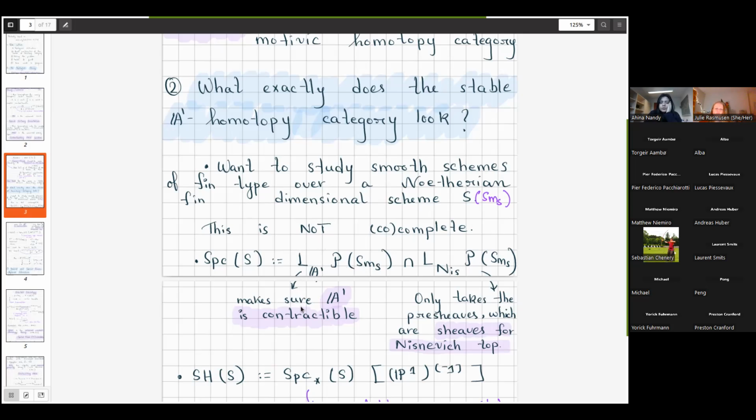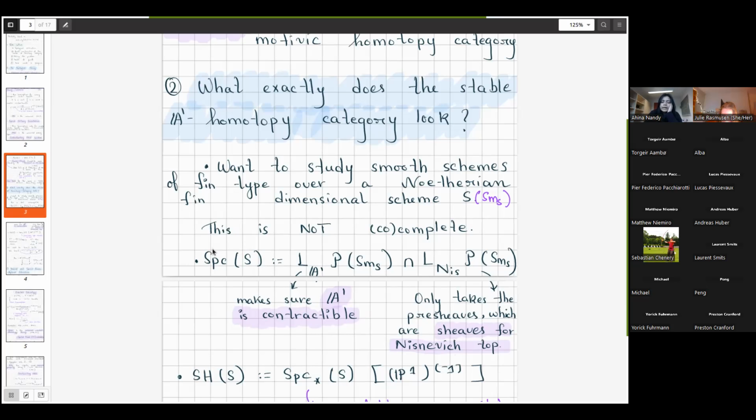We need to make sure that the affine line A1 is contractible. In other words, in more technical words, it would be taking a left Bousfield localization with respect to A1-local objects, whatever that means. And we want to make sure the objects we are studying are sheaves for the Nisnevich topology. So we are not taking all the presheaves, only ones which are sheaves in the Nisnevich topology. Let's not get into the detail of how exactly the Nisnevich topology is defined, but this is what is the so-called